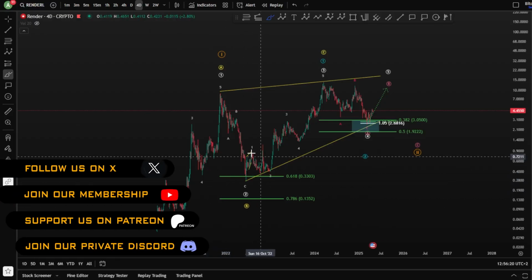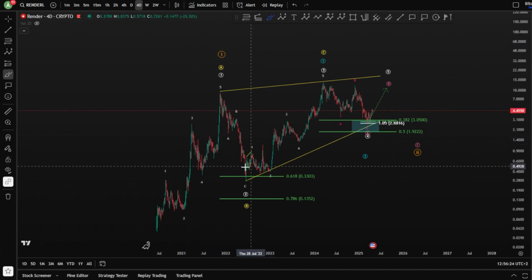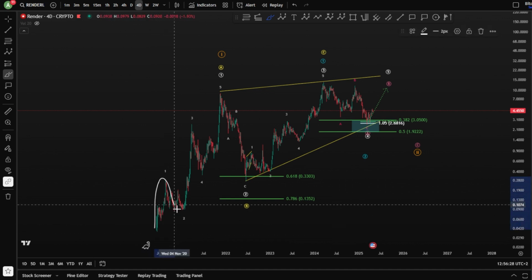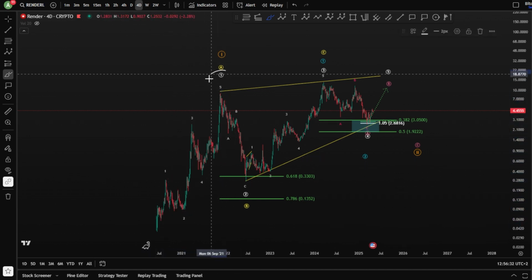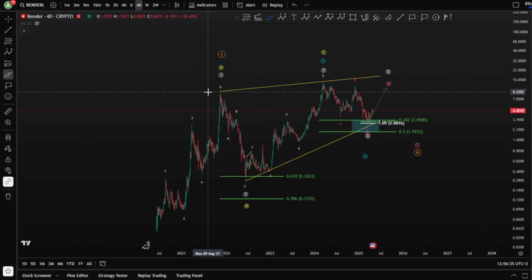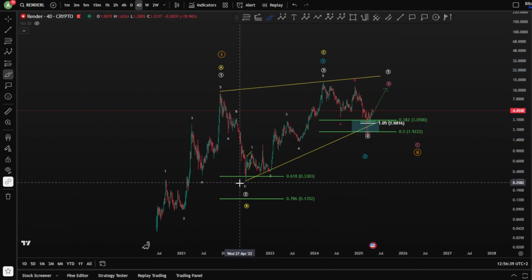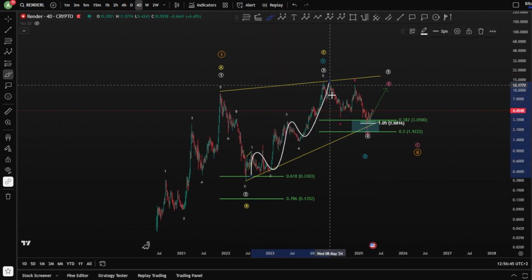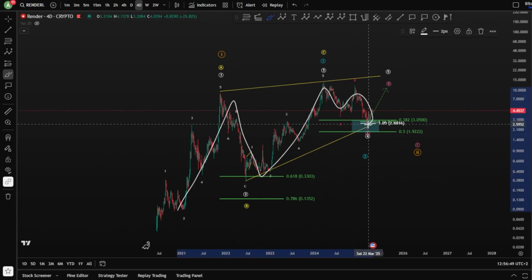Hello everyone, welcome to a new video for Render price prediction based on Elliott wave analysis, starting with the overview for the bullish and the bearish scenarios, where we have a 1, 2, 3, 4 and a 5 impulse toward the upside. You have finished a wave 1 or a wave A in this case scenario. You're looking for a deep wave ABC corrective to hit the 0.618 and then looking for higher in a wave 3,